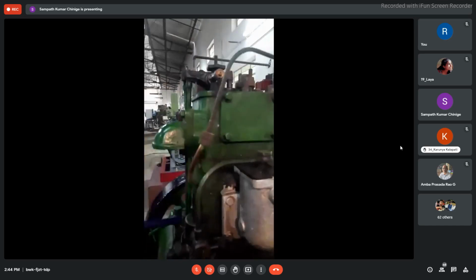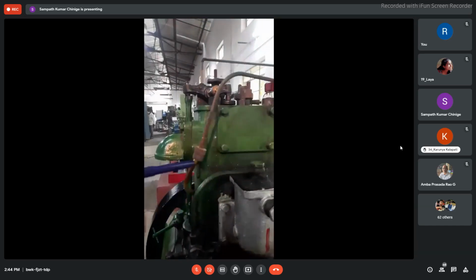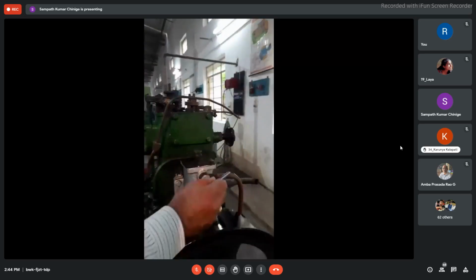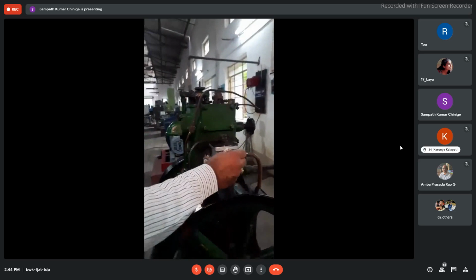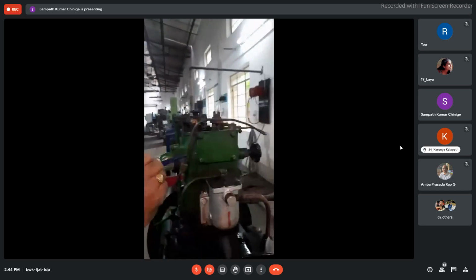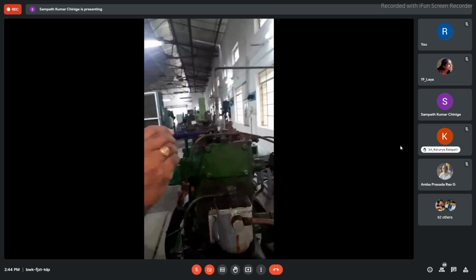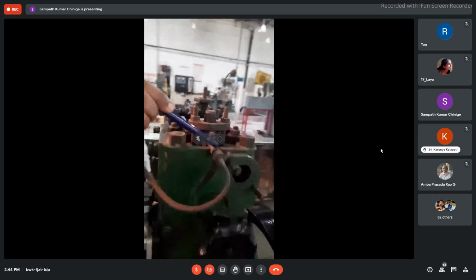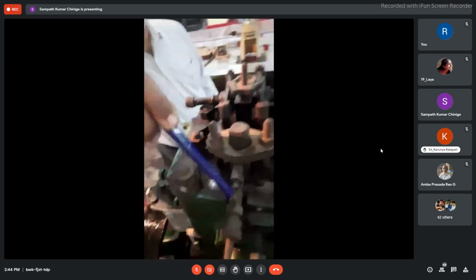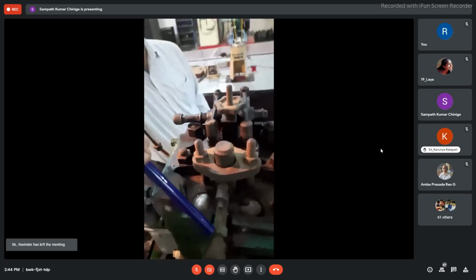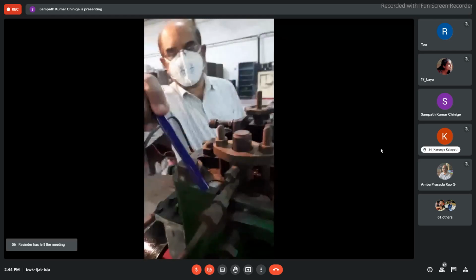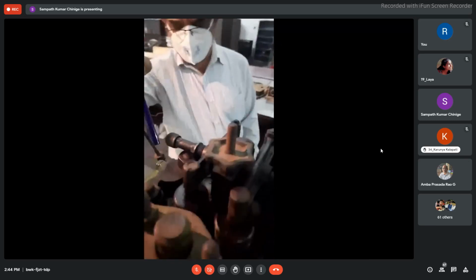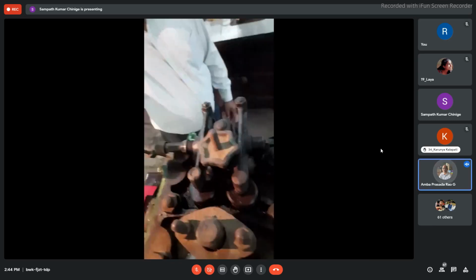So that high pressure fuel now passes through the metallic tubing. As you understood, the fuel from the fuel tank enters through the plastic tubing, whereas the pressurized fuel enters through the metallic tubing, and the final exit of the fuel is at the end of the fuel injector. The fuel injector is kept on the top of the engine cylinder, mostly located on this side, and this setup is the cylinder head cover on the head of the piston. This is as far as the fuel line is concerned.